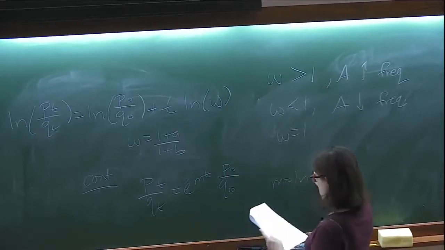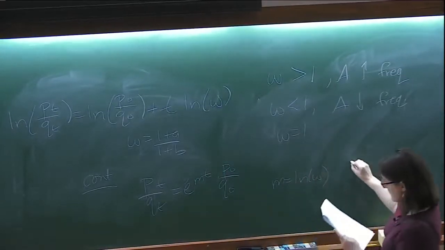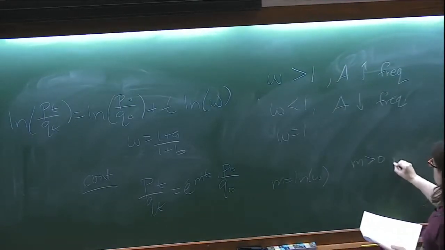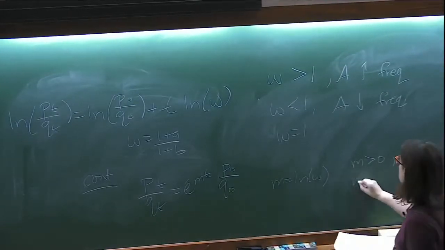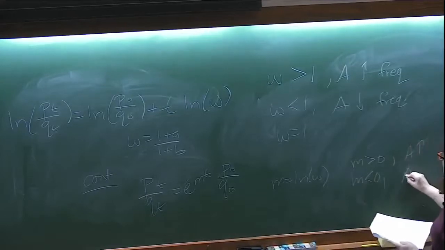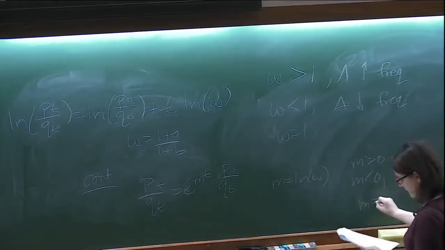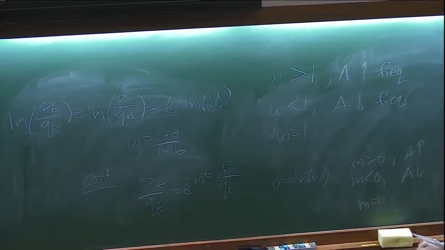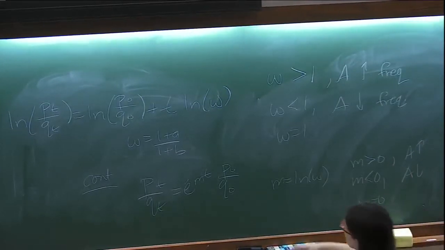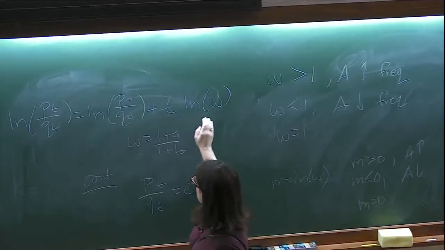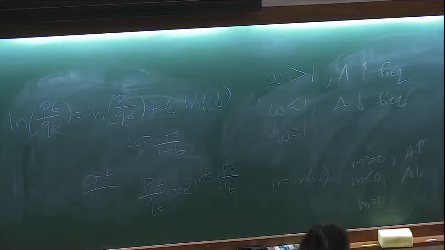And you can go between the two this way. In this case, if M is greater than 0, A will increase. If M is less than 0, A decreases. And if M equals 0, there's no change. And if we graph the logs of these, we could use the slope to be a fitness. So that immediately tells us something about how selection might act.